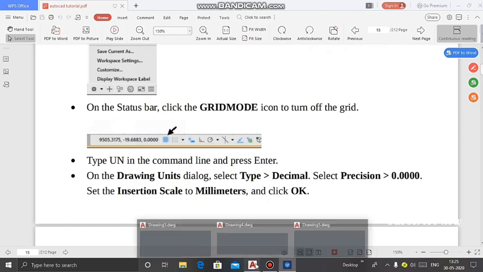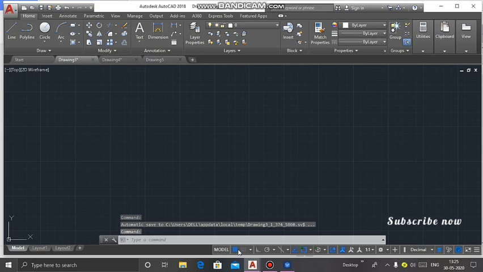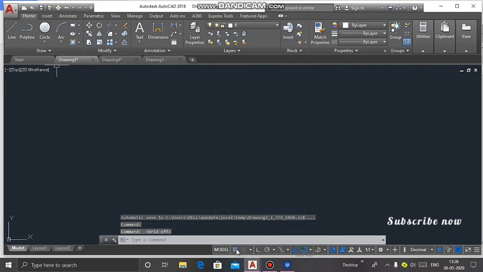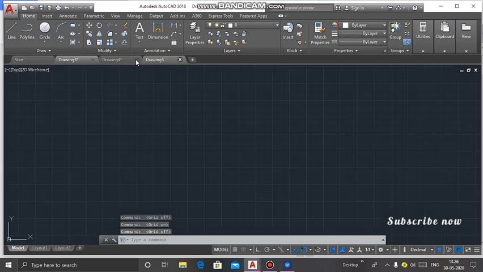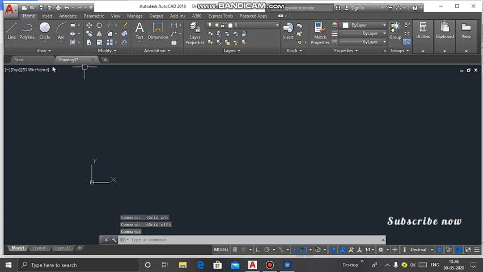If you want to switch the grid on or off as per your wish, you can do so. I am closing all these drawings. I just want to work in drawing 3.